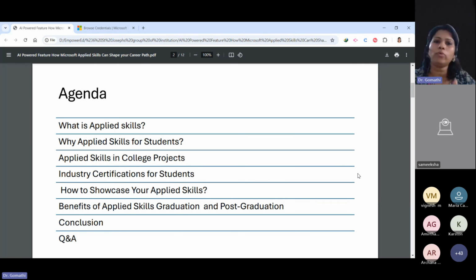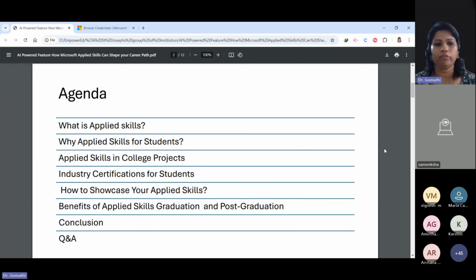Then how you can use applied skills in your project. By the end of the year, when you're completing your graduation or post graduation, you have to do a project, might be an individual project or a group project. So how can you utilize Microsoft applied skills in your project?